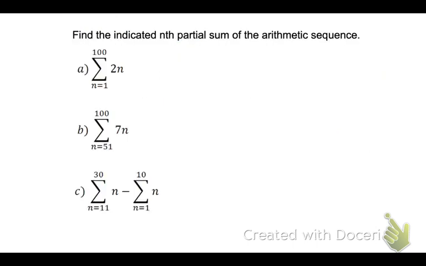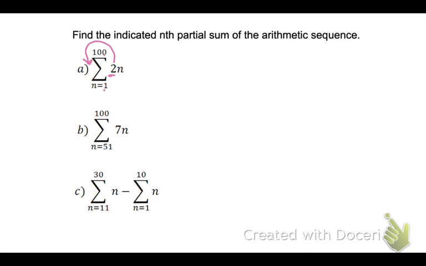Okay. Find the indicated partial sum of the arithmetic sequence. So, this constant right here, I would plug 1 to 100 into this equation, yes? And every number I put in there, I'd multiply by what? 2 every single time. So doesn't it make sense that I maybe could take the 2 out? Could I find my answer and then just multiply the whole answer by 2?